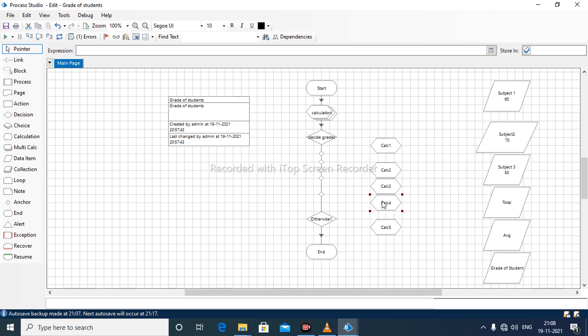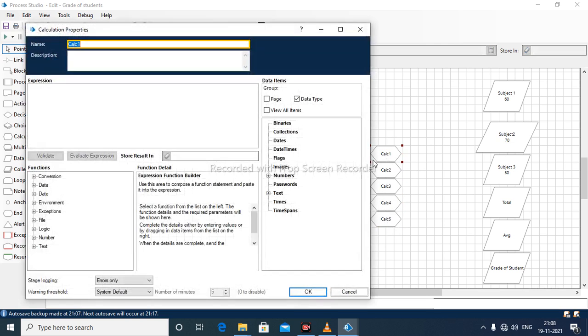Okay, so in calculation 1, I will write the expression as grade A. As it is a string, we'll put it in quotes.